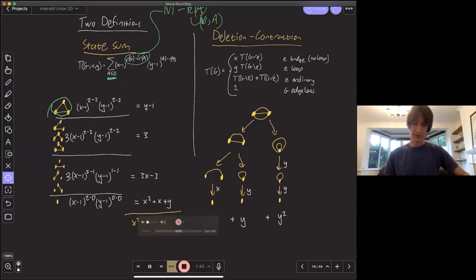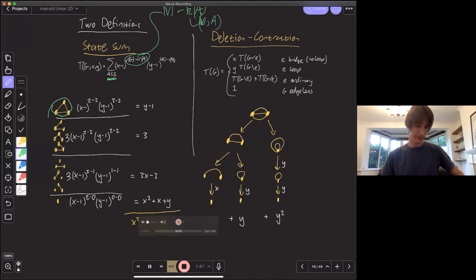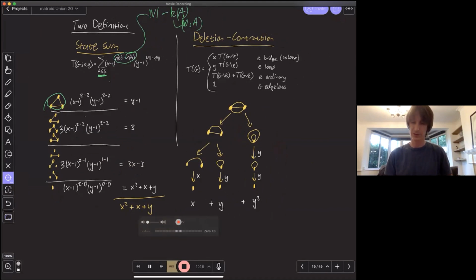The other definition that will come up is the deletion-contraction definition. The idea is you take your graph and pick an edge, delete the edge and contract the edge, and you get a pair of new graphs. Depending on whether the edge is a bridge, a loop, or ordinary, you do something slightly different.